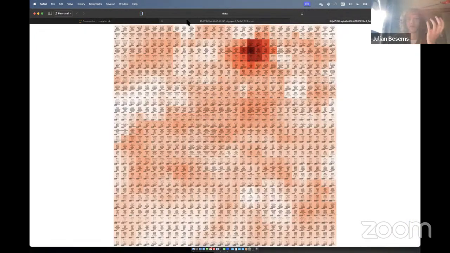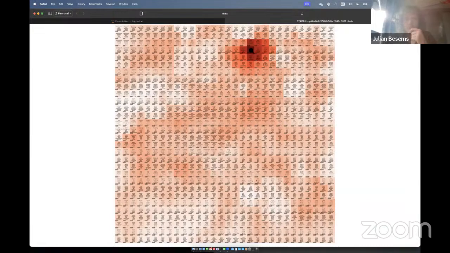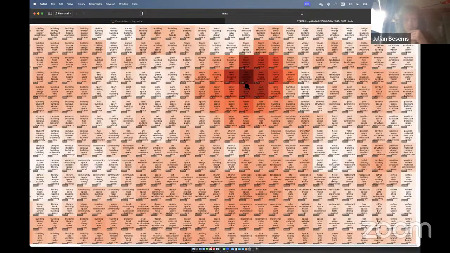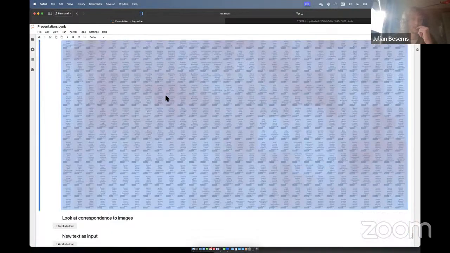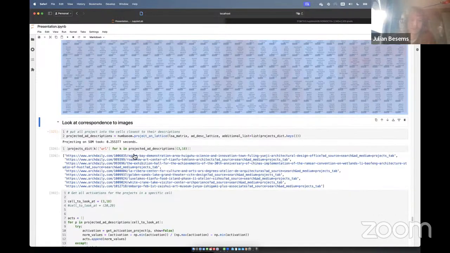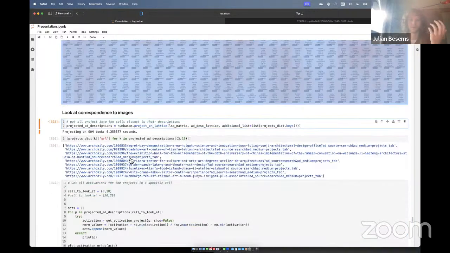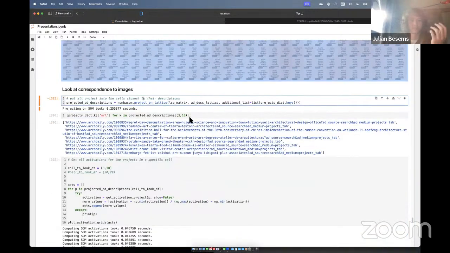So the area that project speaks about is mostly with the keywords of water, lake, building, site, space, water, tower, building, and it sits very strongly in this specific cell of 318. Having a further look at 318, these are the projects that sit in there. There are different projects that all mostly sit in that specific cell and are the friends of that particular Ishigami project in terms of its description.